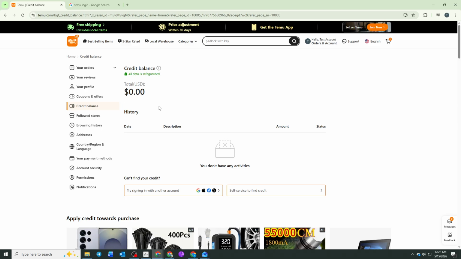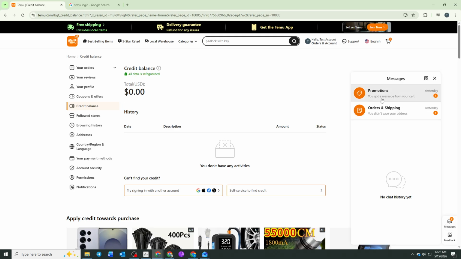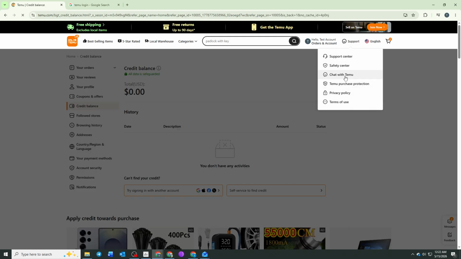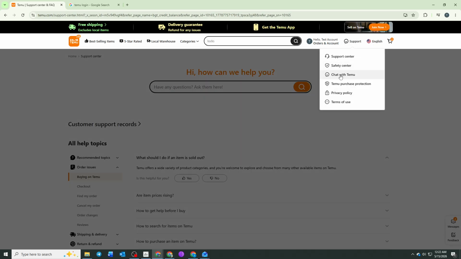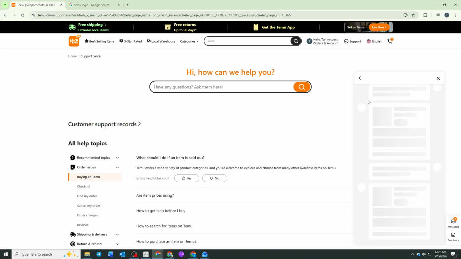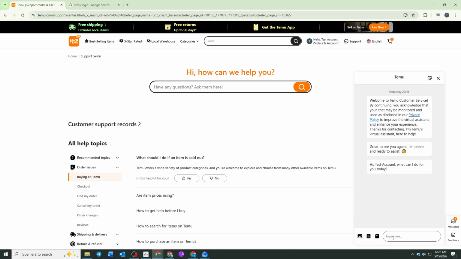If you do not see a withdrawal option available, the next step is to contact Temu's support directly through the platform. You can send them a message explaining that you want to withdraw your available funds and request assistance regarding the process. Once your message is submitted, you will need to wait for a response from the support team. They may review your account details and guide you through the next steps based on your region, account type, or